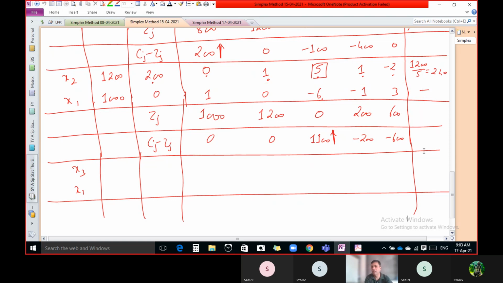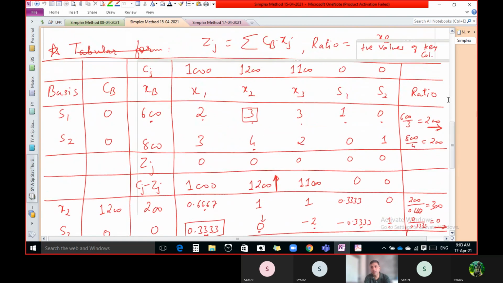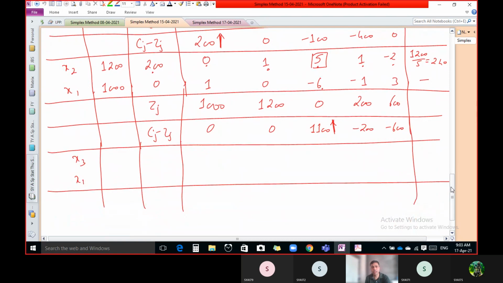That we already discussed in our graphical method for linear programming problems. Now, because one value is positive, take the ratio of that value. So what is the formula? XB divided by the positive value of the key column, and XB means this column. This one is CB. So my ratio should be 200 divided by 5, not 1200. So we get 40, and that is the only ratio.